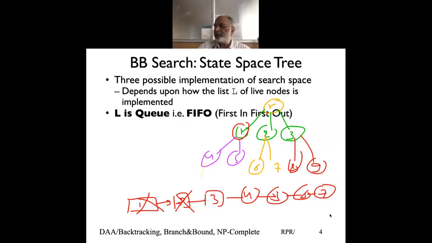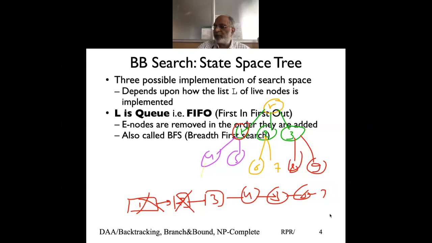The element that is added to the queue first is taken out first, and that is what FIFO is. The other approach is LIFO. LIFO is basically the stack. So if I do R, if I go to R1, then 4, then to the next one, and then keep backtracking. That is the approach we did in backtracking. That was basically DFS.